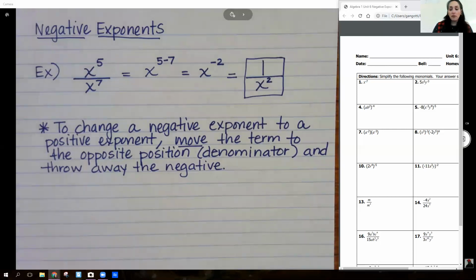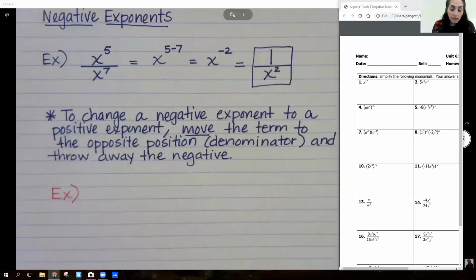Okay, so I'm going to move on. That'll still be up there for a little bit, but I want to do a few more examples with you, practicing this with numbers and also with variables. Okay, all right, so let's say we had